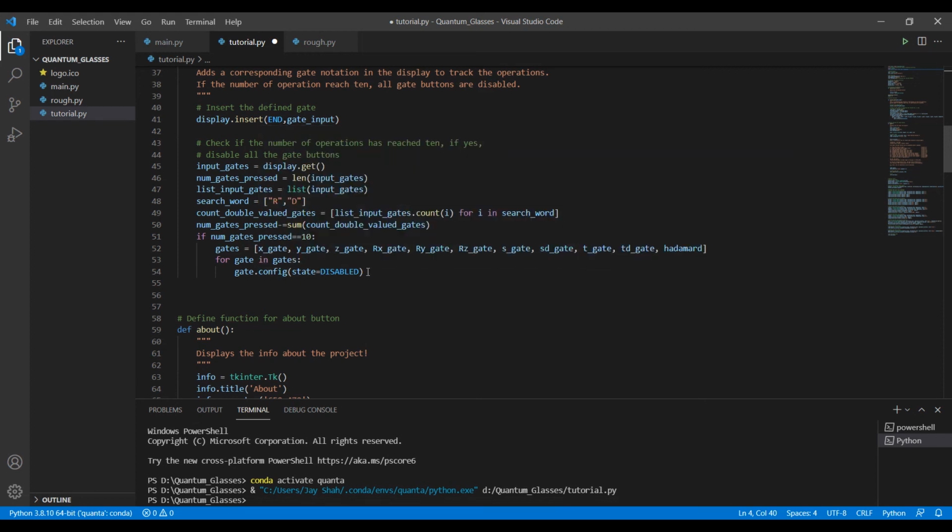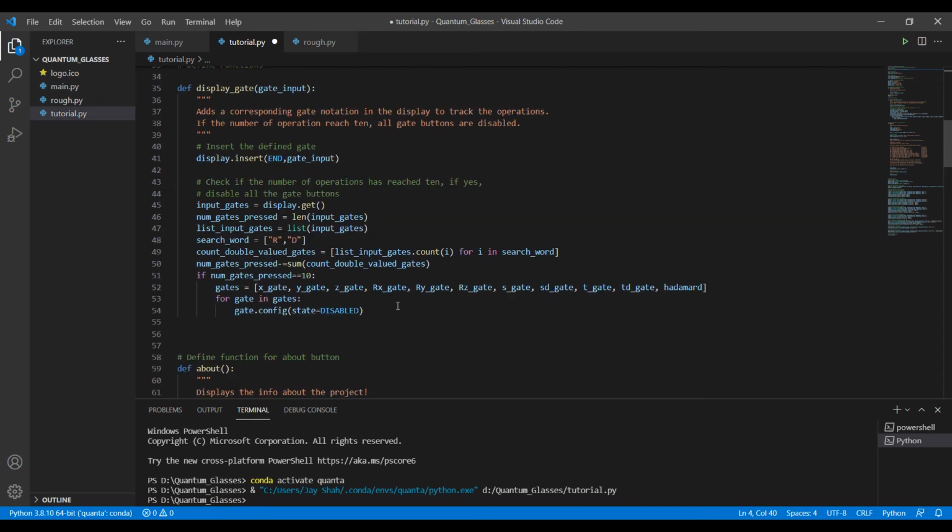The button which was enabled, it disables it. So no longer can the user actually press it. I hope you got the logic, and this is a simple way of how you develop logic and work with Python. If you are a beginner, I think this was a great video for you. And that's it for this video.